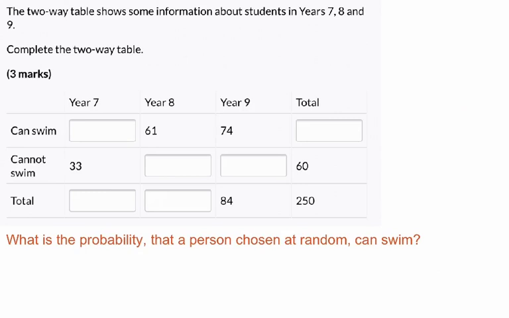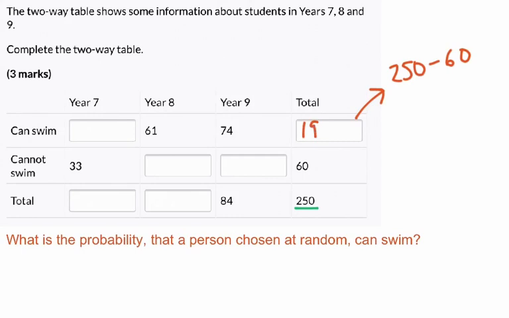Moving on to question 2, same idea, completing the two-way table, but a little bit more tricky now. So again, let's note that our total is 250. Okay, so first things first then, I'm going to look at being able to work out how many people can swim in total. So I've got 250 pupils in total, 60 cannot. So to get this one, I'm going to do 250 take away 60, and I get a nice answer there